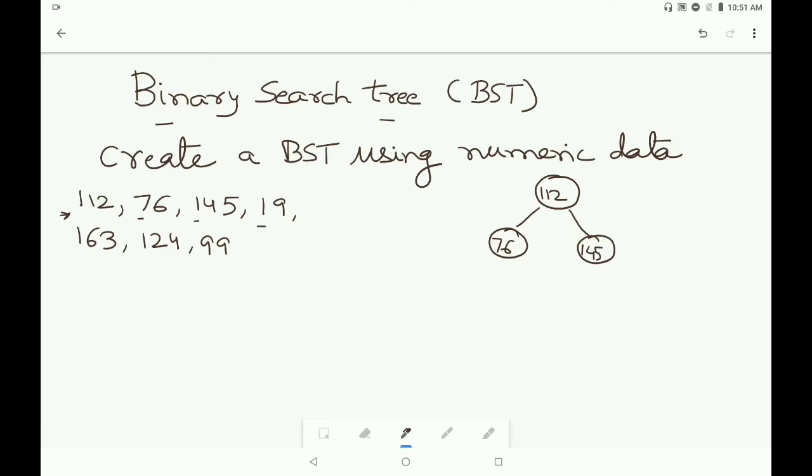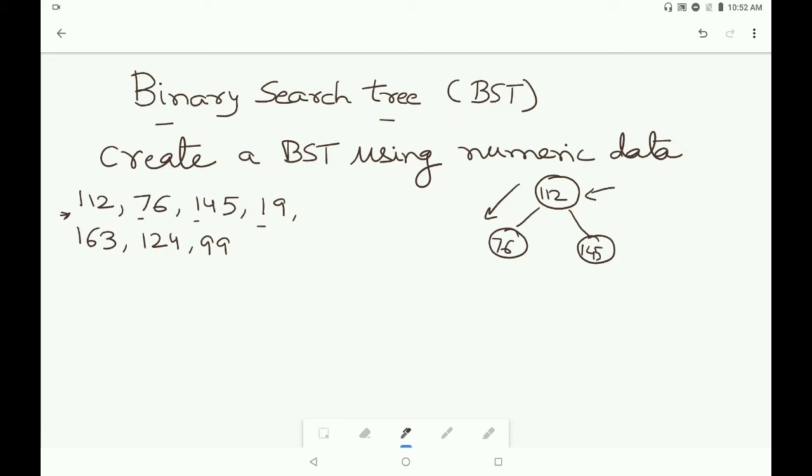The next data which is coming up is 19. Again we will first compare this 19 with the root node. So 19 is less than the root node, so we will move on to the left hand side.